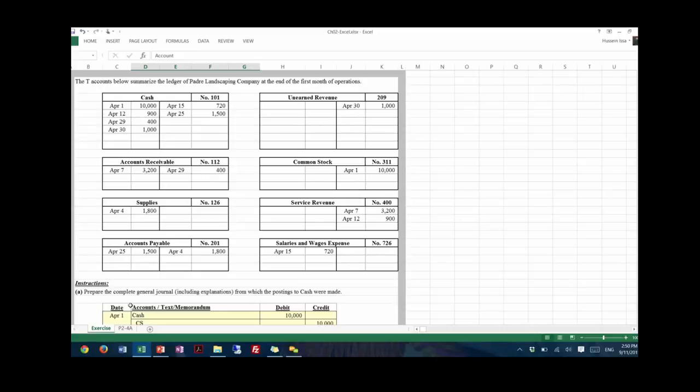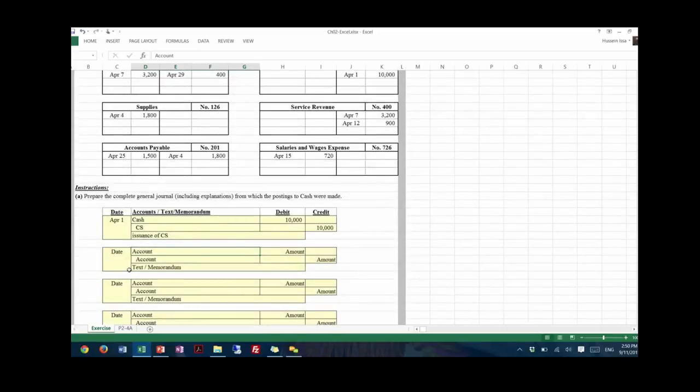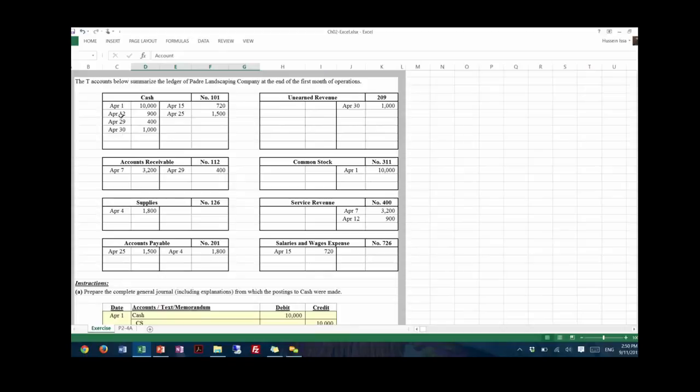April 12, right? It was 900, and which one was it? No, April 4, true. Is it on the cash account? It is true that on April 4th we had supplies that were on account. So if you look at this one here,